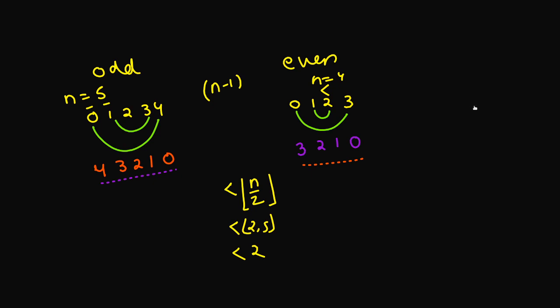So at what index is the ith character from the end located? Suppose the ith character from the end is located at index j from the start. Then i plus j equals n minus 1, because this is the relation we observed just now. So j comes out to be n minus 1 minus i. This is the second thing you can remember. The first thing is you only need to iterate till less than n by 2. The second thing is the ith character from the end can be obtained as n minus 1 minus i from the start. Pretty straightforward.